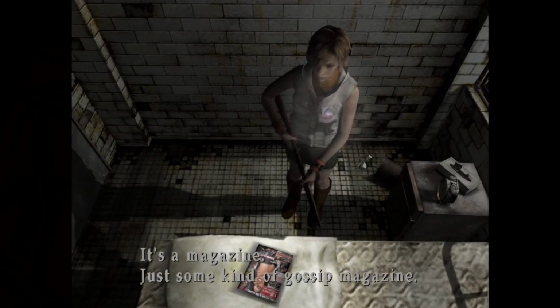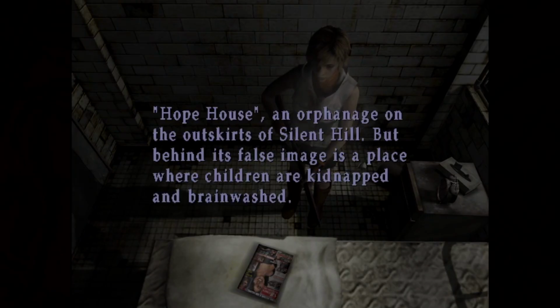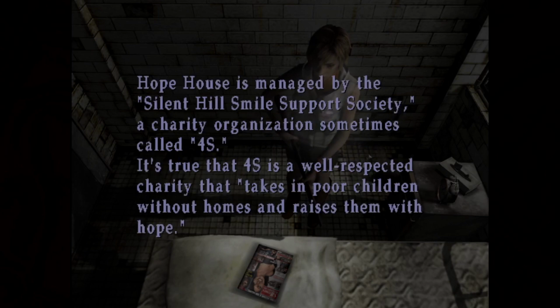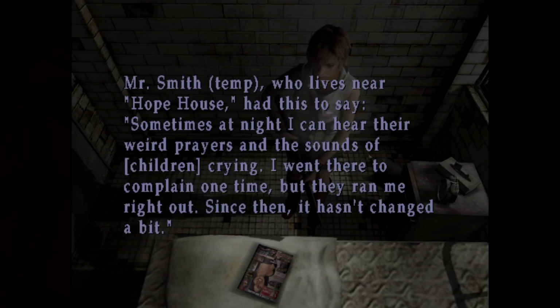It's a magazine. Just some kind of gossip magazine. Teaching Despair. Hope House, an orphanage on the outskirts of Silent Hill. But behind its false image is a place where children are kidnapped and brainwashed. Hope House is managed by the Silent Hill Smile Support Society, a charity organization sometimes called 4S. It's true that 4S is a well-respected charity that takes in poor children without homes and raises them with hope. But at its heart, it is a heathen organization that teaches its own warped dogma in lieu of good religious values. Mr. Smith, temp, who lives near Hope House, had this to say: "Sometimes at night I can hear their